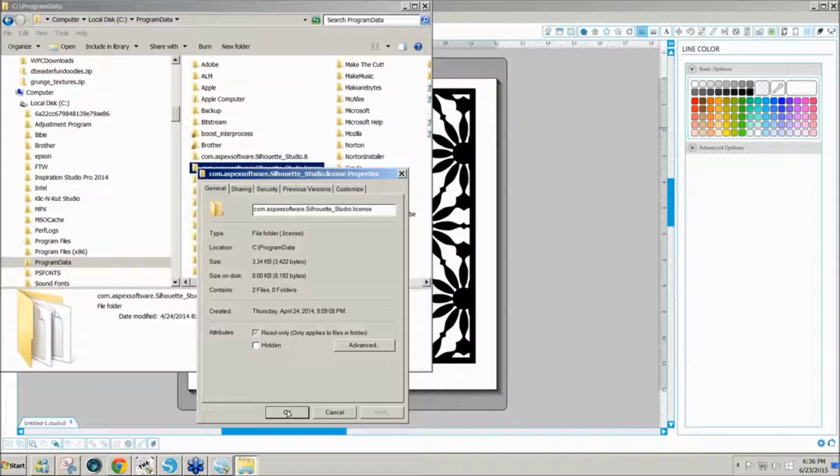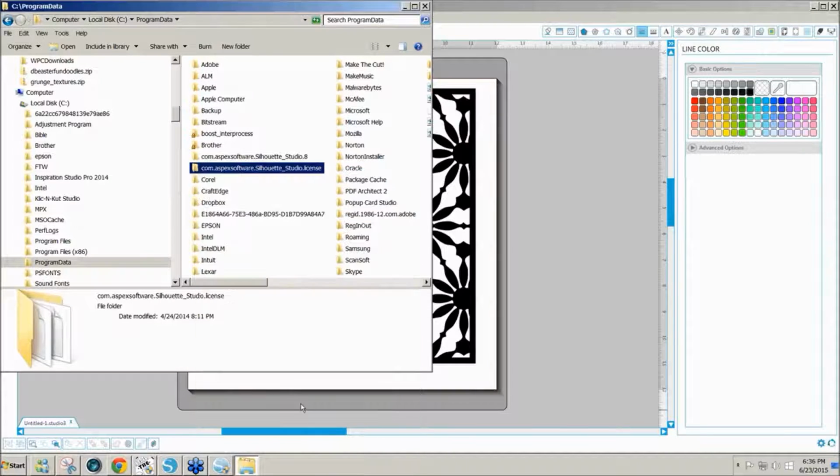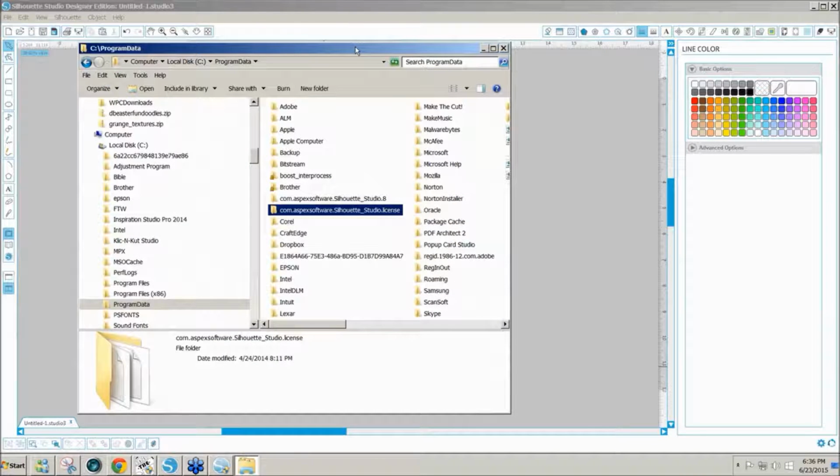I say OK, because I only want to have my computer read this. The newer version steals the designer edition and applies it to the latest download. And you don't want it stolen from your 1.9 or your 2.0, because that's what allows you to save as